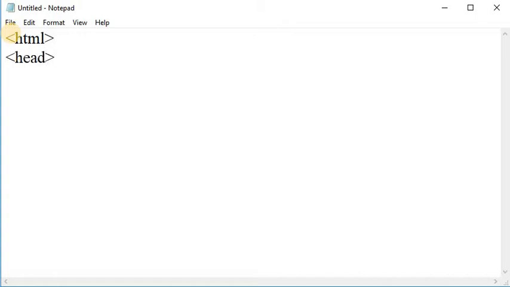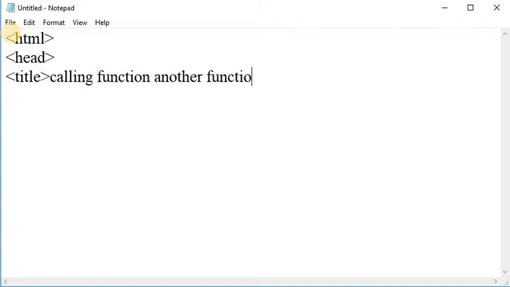After that, here I am taking a title, Calling a function another function. Close the title, and next here I am writing a script tag.